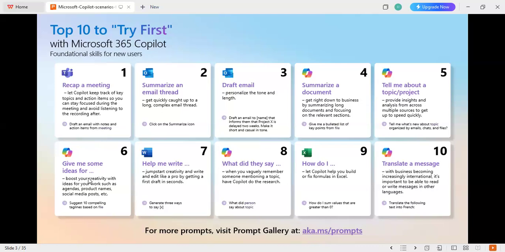It also has help me write. So you can use Word in the 365 Copilot to create a document. It says jumpstart creativity and write and edit like a pro by getting first drafts in seconds. So you want to create some drafts, you don't know where to start from. You can use Copilot in Word to be able to do that. But this comes with the license. So if you don't have a certain license, you won't get certain functions like recap a meeting or summarize the